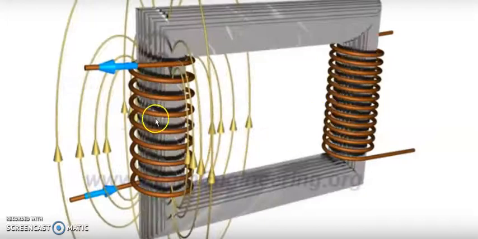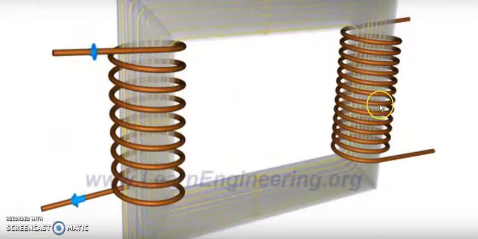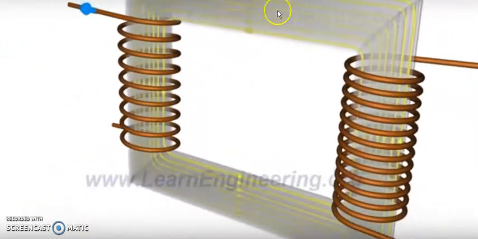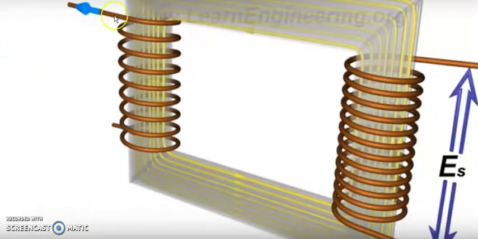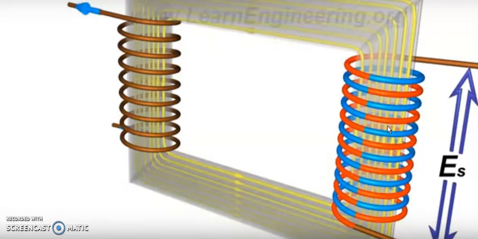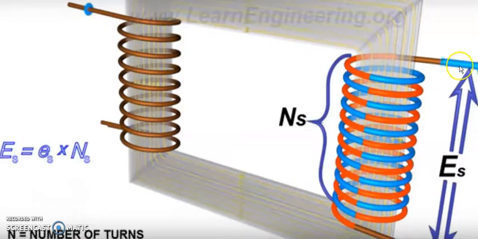So whenever I bring another coil over here, this flux will link with this coil so that EMF gets induced in this coil, E2, as well. You can see, like I said, this is the flux traveling in the magnetic core, and the direction is changing when the AC input changes. So due to this, EMF E2 gets induced here. Here it is E1, the EMF not shown here, but E2 gets induced over here. And this EMF E2 drives the load current. You can see it drives the load current.